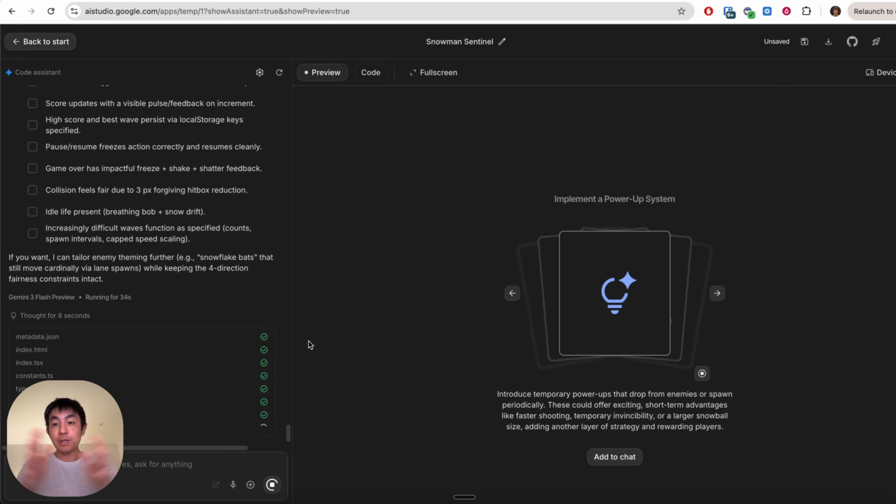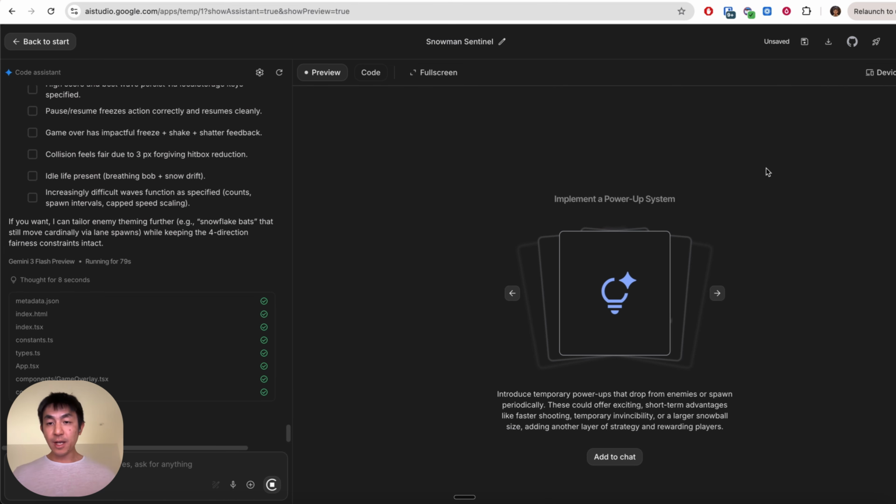The main thing here is that we want to see if this gives us an end result that is actually playable, looks better, feels better, and is an overall better experience. As you will see over here, it's running for more than 50 seconds. The previous one took 27 seconds, but was not playable. So if you think about it, you're going to be spending a lot of time iterating, prompting, getting it to work. It's much better to have a much better prompt up front,